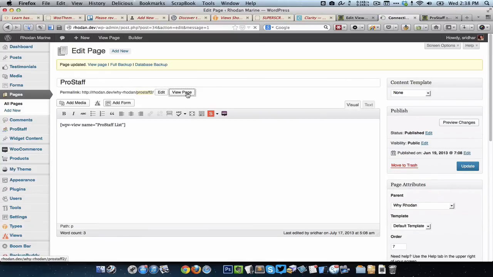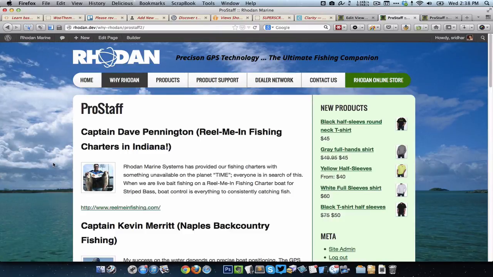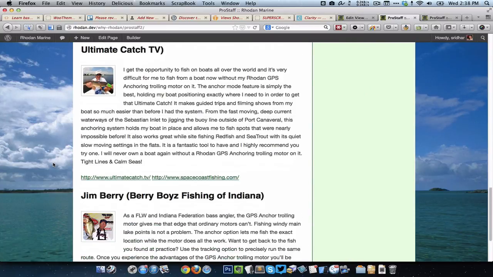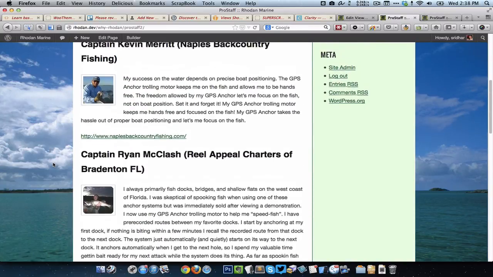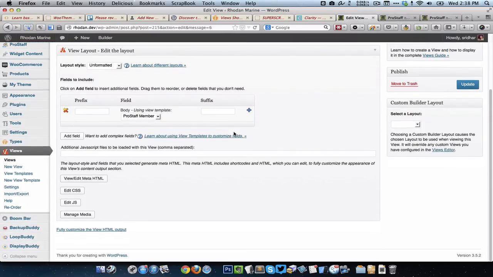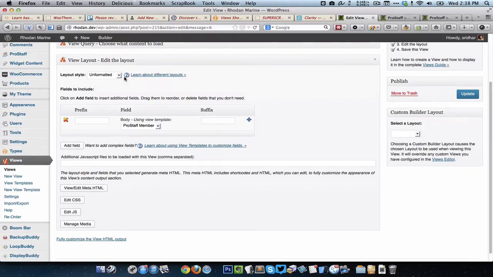Let me view the page. There you go. Okay, let's go back to the view, and I want to show you the layout style.